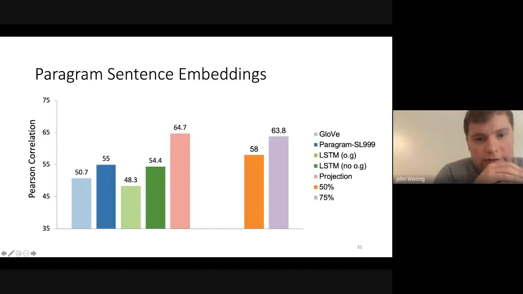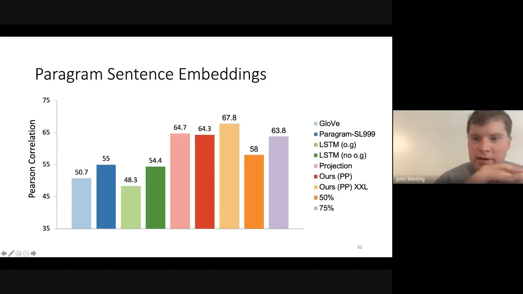This figure shows different approaches. We have GloVe, we have our Paragram word embeddings, which you can just average. We have LSTMs. We have models based on learning a projection matrix and then averaging. And we found that just averaging, in red, is, first of all, very similar to projection because they're both averaging. But the most important and more surprising thing is it outperforms the LSTMs.